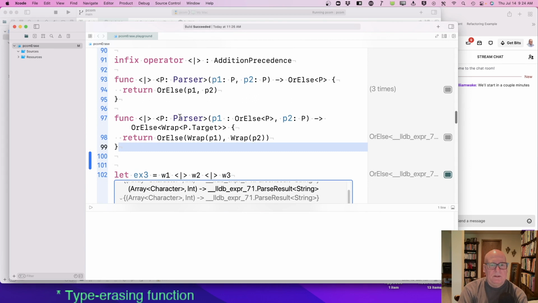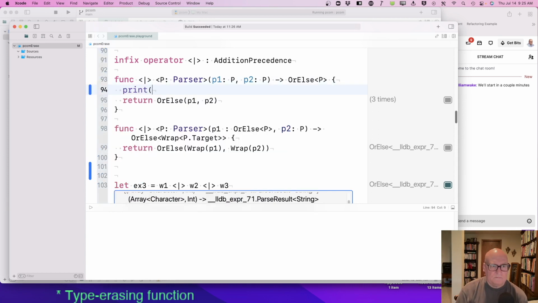Okay, OrElse P is already a P. What can I do to P1?